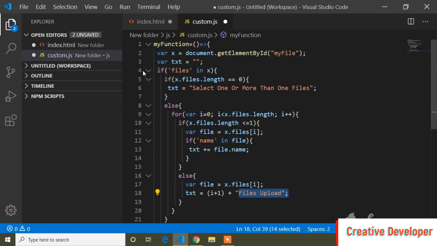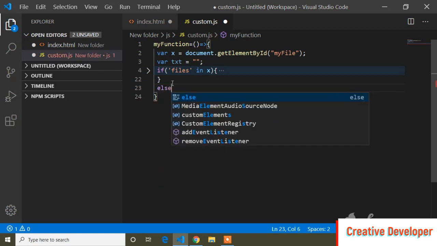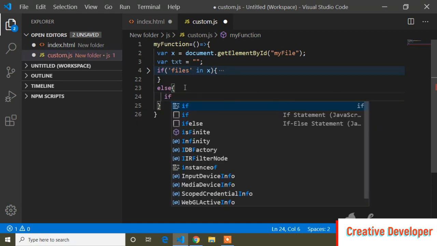So now here I will write an else part. So else, and now here I will write another if condition.